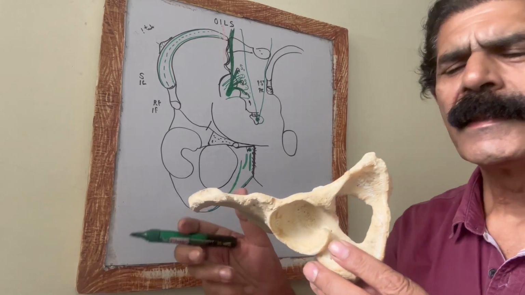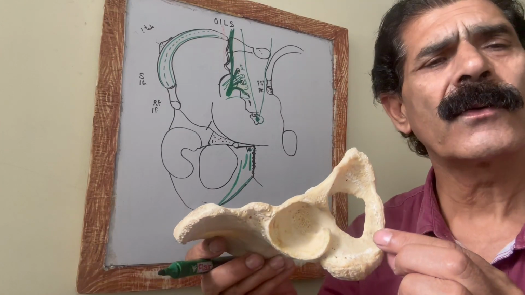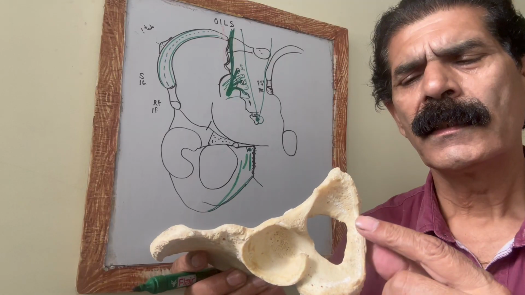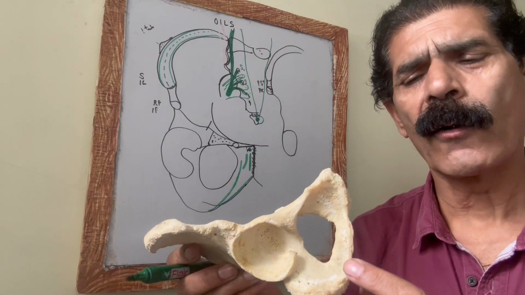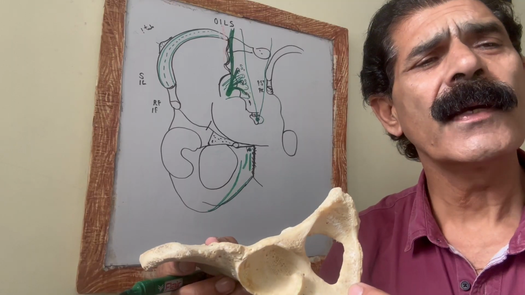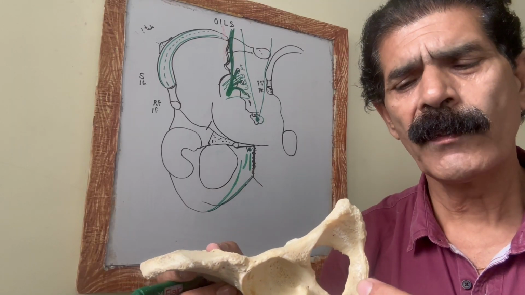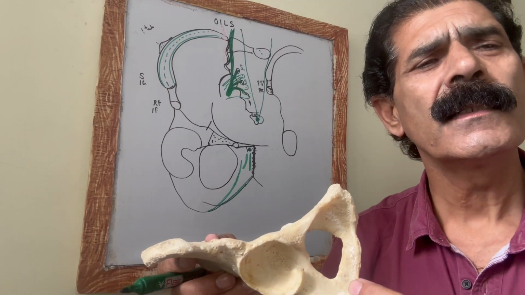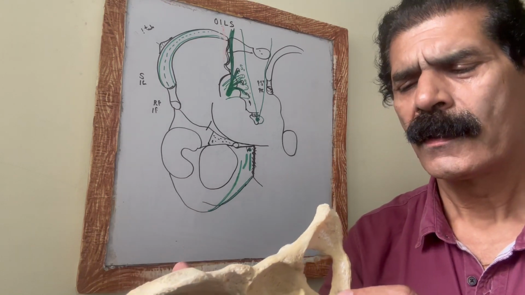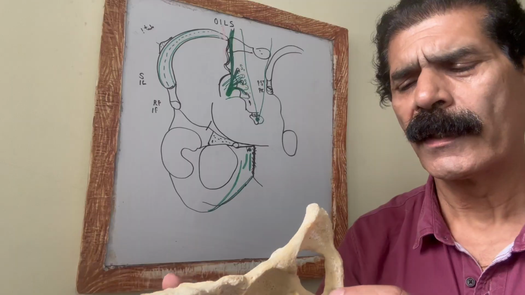of the muscle that is called the ischiocavernosus muscle of the penis. It takes origin from the ischiopubic ramus medial border. If this medial border is raised, it is the significance of a male pelvis, because in the male pelvis, the ischiopubic ramus is raised or prominent, but in the female it is not prominent.